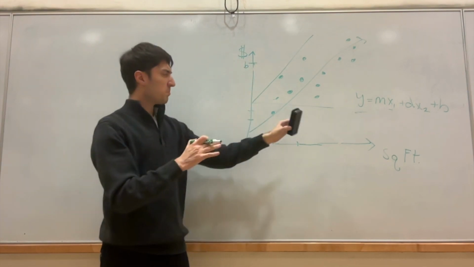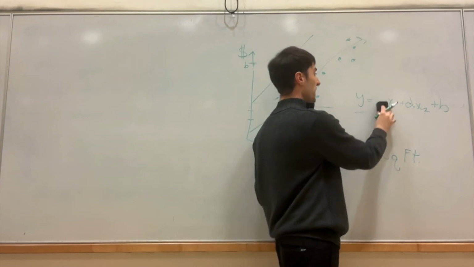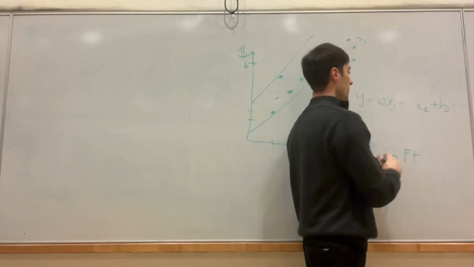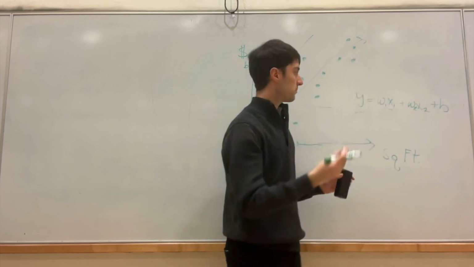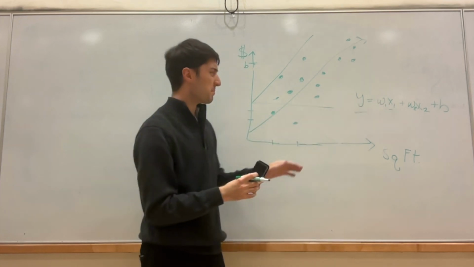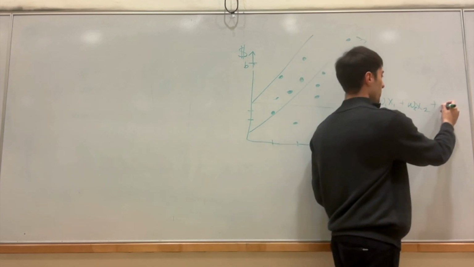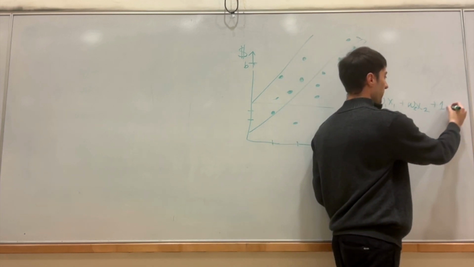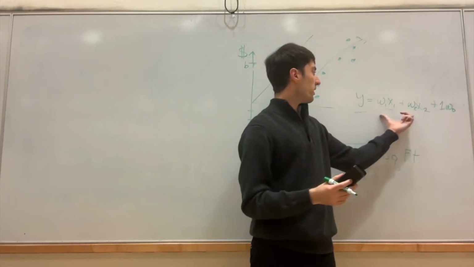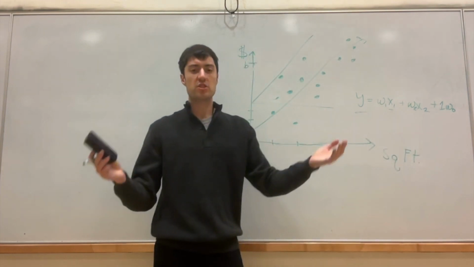Okay? So let me rearrange this formula a little bit. Instead of calling it m, let's just call this weight 1, weight 2. Okay, well, that looks a little bit better. I don't really like that b, but we can change that as well. We can just go 1 multiplied by weight 0. So what's going to happen is we can change our weights, and this will just be the 0th weight,